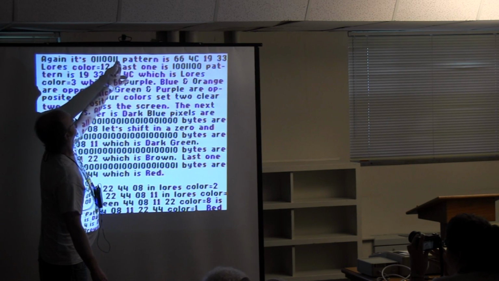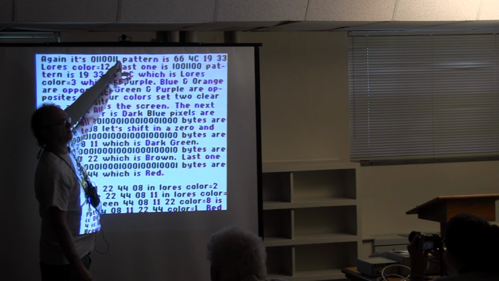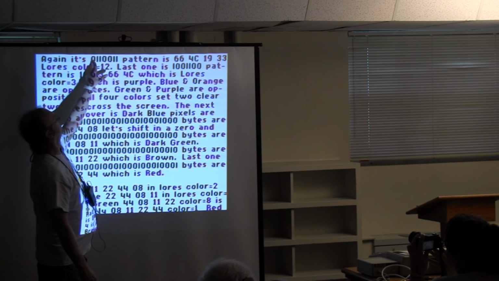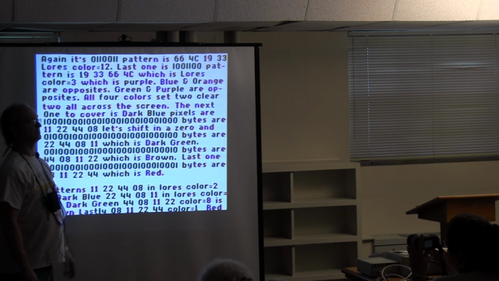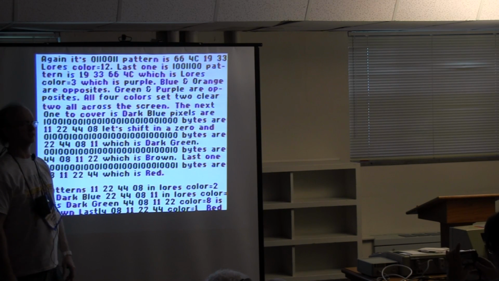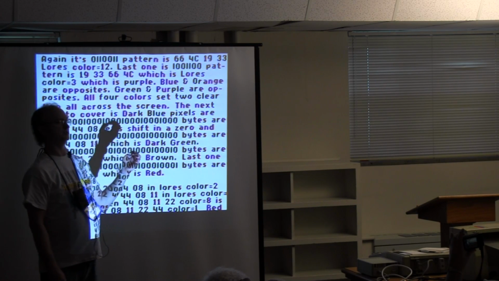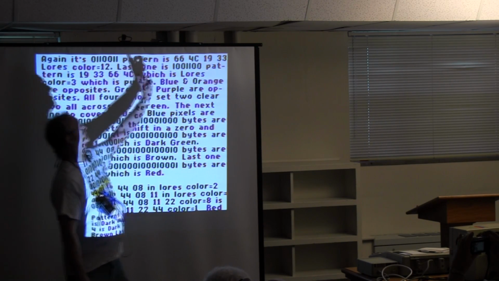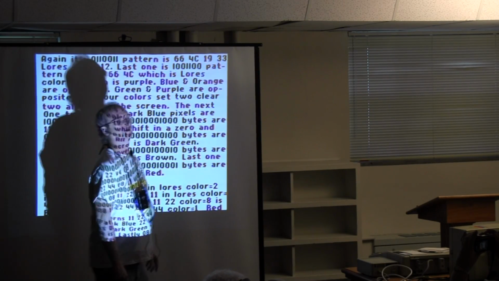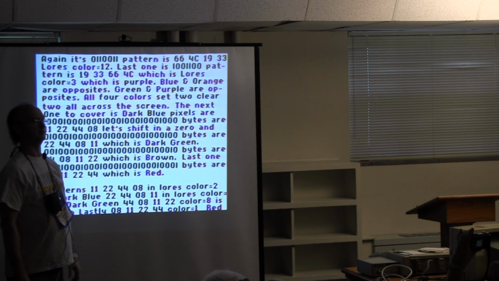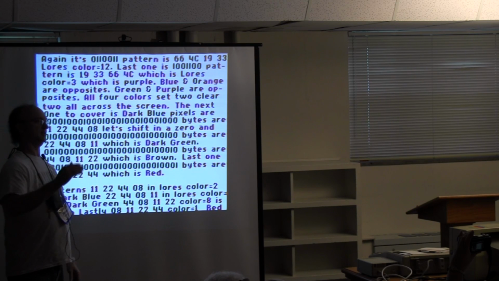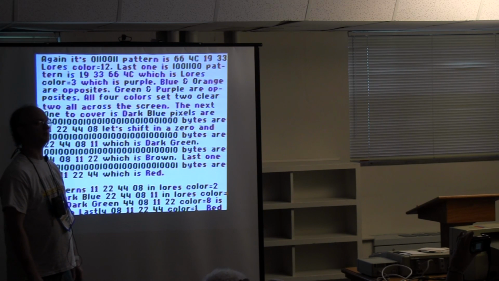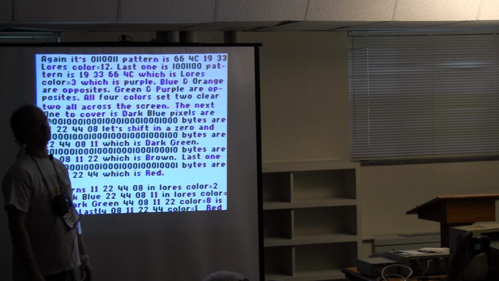Oh, it starts out with a 6. Everyone recognizes that a 0, 1, 1, 0 is a 6. Then same thing here. 0, 1, 1, 0 is a 6. So the pattern starts off at 66. It's 66, 4C, 19, 33. Okay? The important one here, color equals 12. The C is a decimal 12, and in low-res graphics, color equals 12 is light green, the same green that